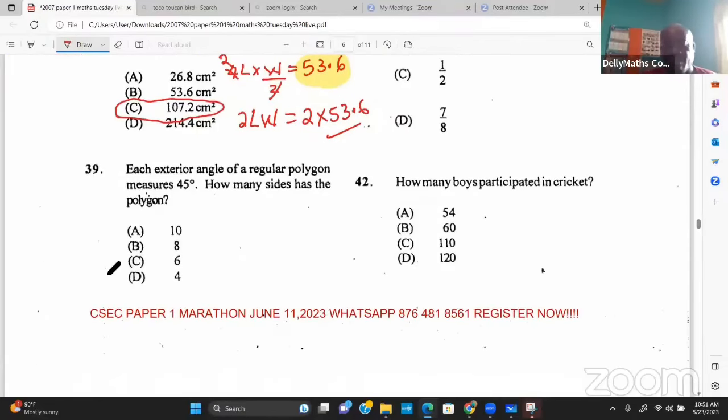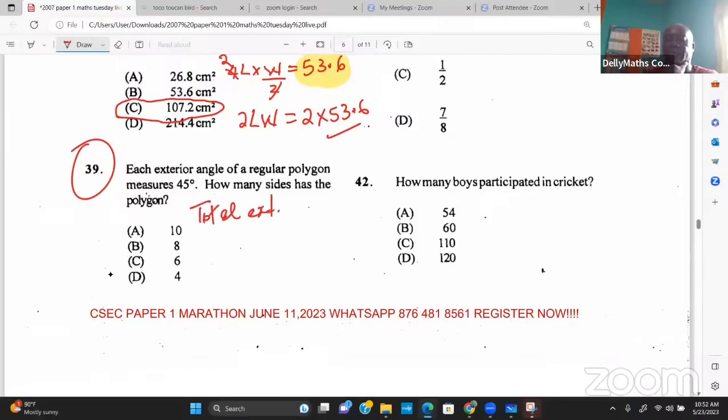All right, let's go. 39. 39 says each exterior angle of a regular polygon measures 45. How many sides? All right. What we want to do is to understand this idea. It doesn't matter how many sides you have. The total